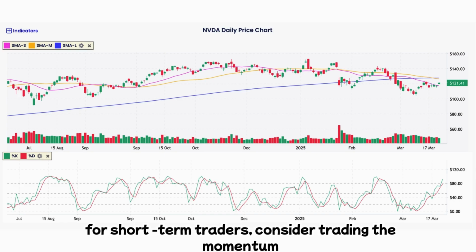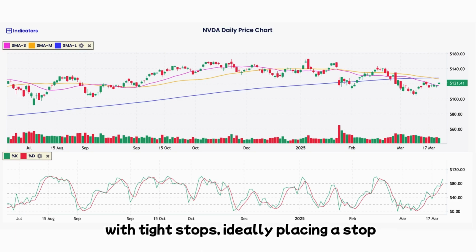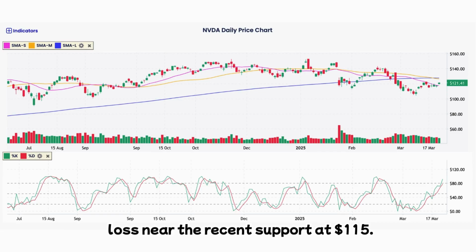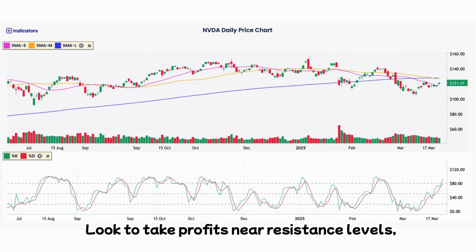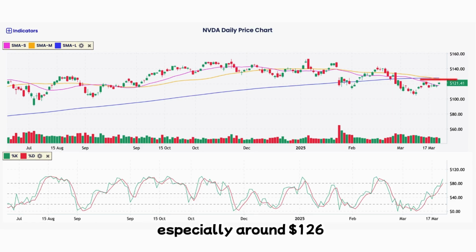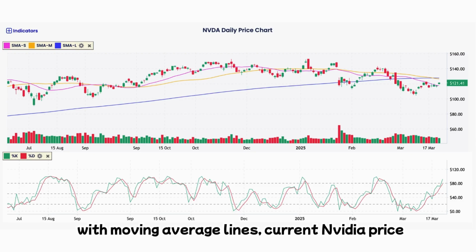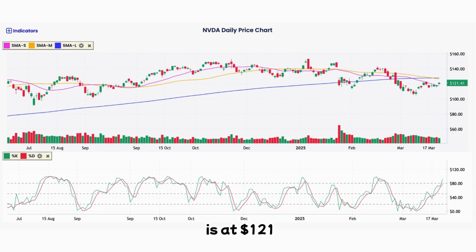So for short-term traders, consider trading the momentum with tight stops, ideally placing a stop loss near the recent support at $115. Look to take profits near resistance levels, especially around $126 to $130. Combining with moving average lines, current NVIDIA price is at